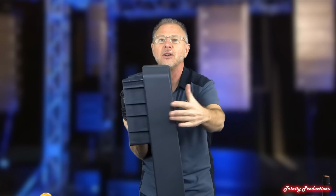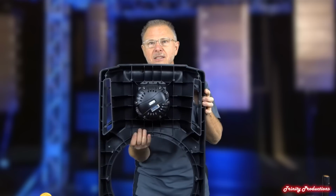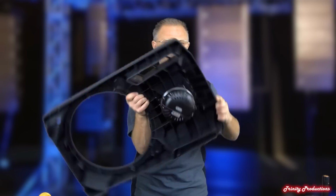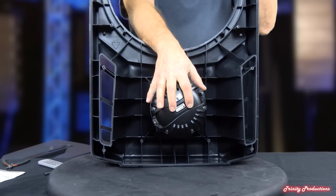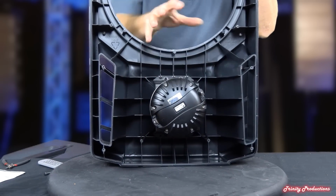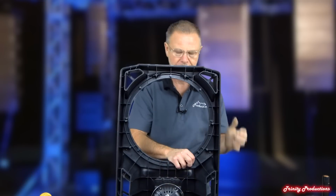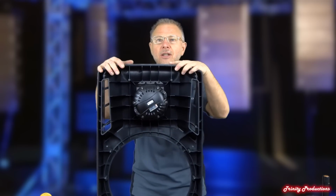And now here's what you've been waiting for. That is the high frequency driver in this unit. It's huge. I'm going to go ahead and flip this upside down so the other camera here picks it up. But this thing is absolutely massive. I am going to pull this off, and we'll take a look at it and see what makes it so special here on this